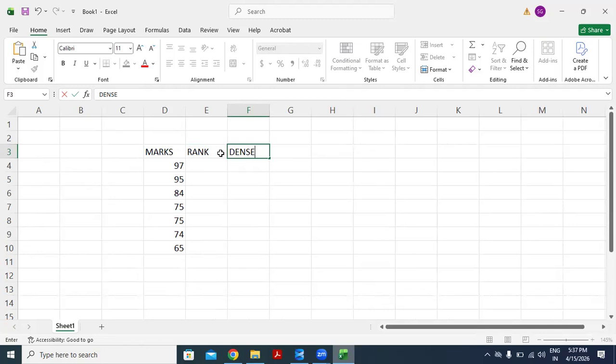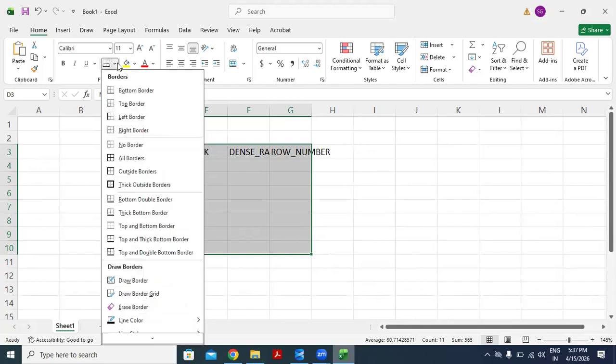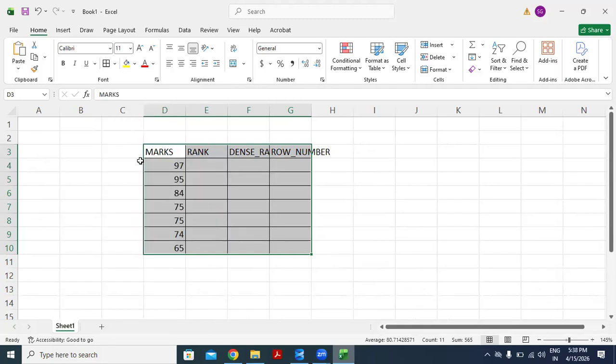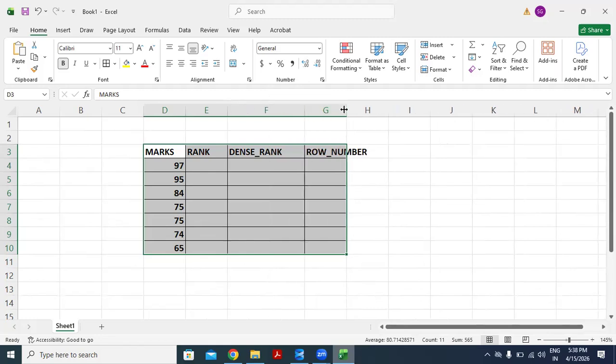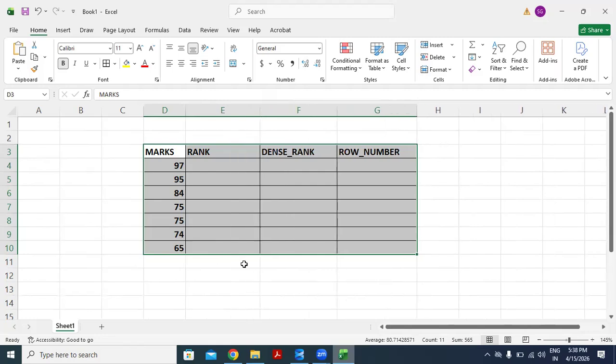Rank, dense rank, and the row number. Now let's try to assign the ranks.